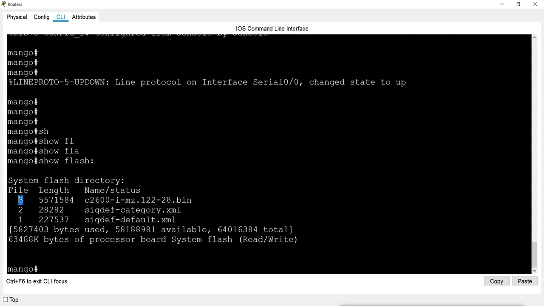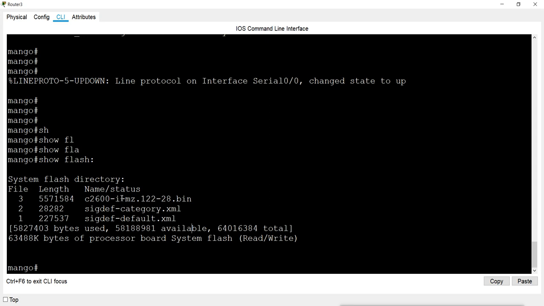Two files are some XML files. This is the size of those files, and this is the file size of my iOS file, and this is the name of my iOS file. This is C2600 series. This is IP routing. This is about the type of the device, and this is the version and bin. So this is the iOS file we have.